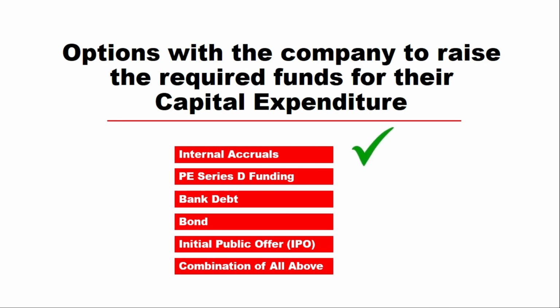Let us assume the company decides to fund the capital expenditure partially through internal accruals and also file for an IPO. When a company files for an IPO, they have to offer their shares to the general public. The general public will subscribe to the shares by paying a certain price. Now, because the company is offering the shares for the first time to the public, it is called the initial public offer,